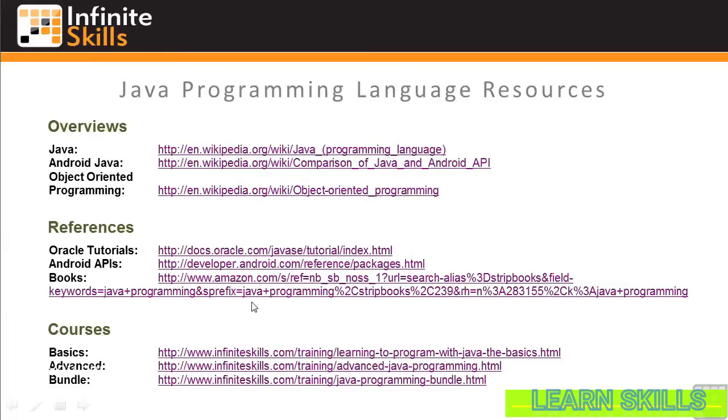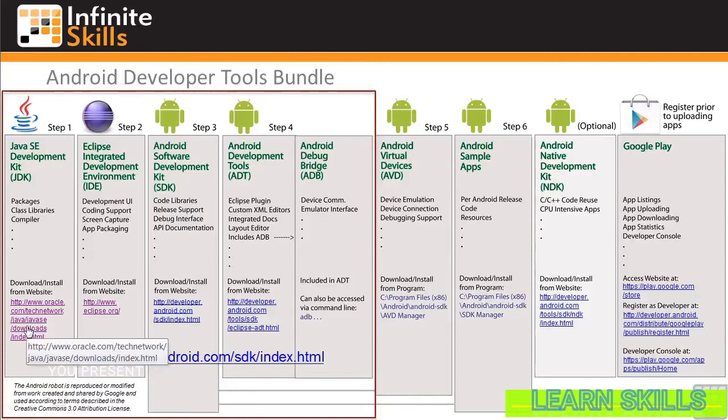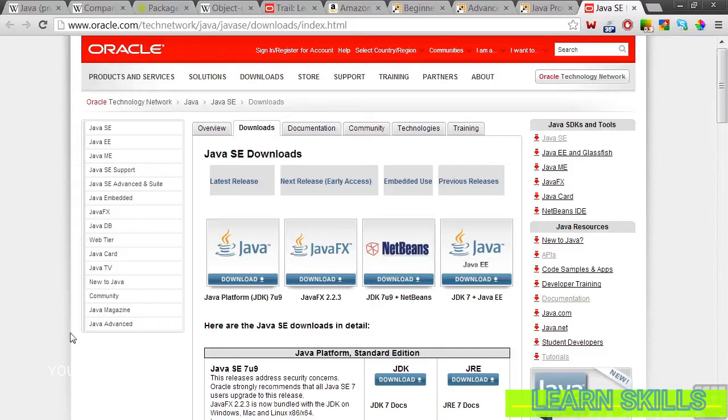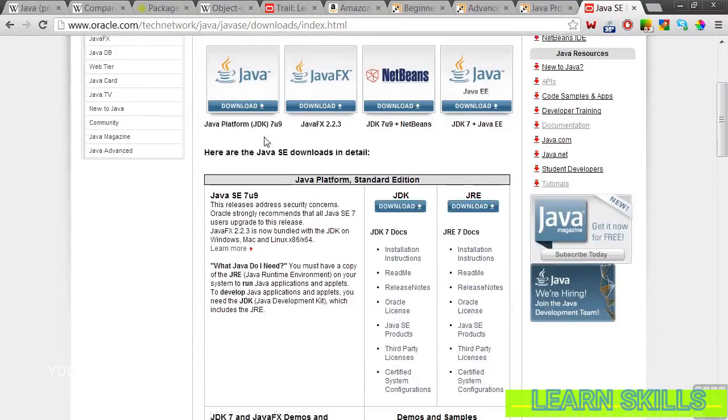And now it's time to download Java to your computer if you haven't already loaded the Android Developer Tools bundle, which includes Java. If you have loaded the ADT bundle, you've reached the end of this lesson and you can go on to the next lesson. To load Java individually, let's go back to the Developer Tools graphic and click on the link over here to the left at the bottom to the Oracle Java page. And we want Java SE. Click on here, then Downloads, and you want to download the Java Development Kit, or JDK, not the Runtime Environment,